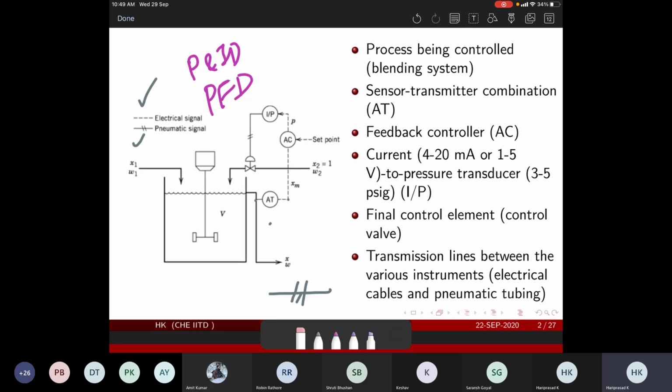Here your process variable would be normal. Here also it would be normal. But this portion, everywhere it is fully standardized. The variable that you would always see is either a 4 to 20 milliampere current signal, a 1 to 5 volts electrical signal, or I think 3 to 5 psig or 3 to 15 psig, but I will double check. My understanding was that it is 3 to 15 psig. But anyway,